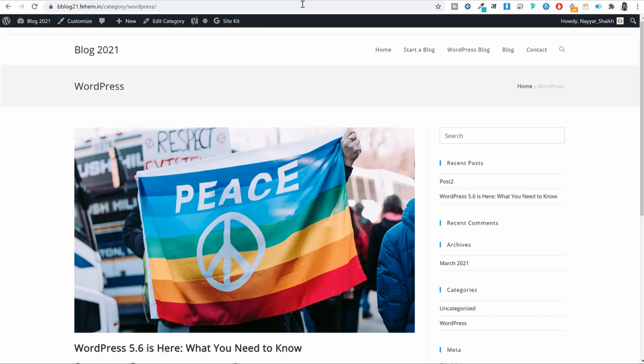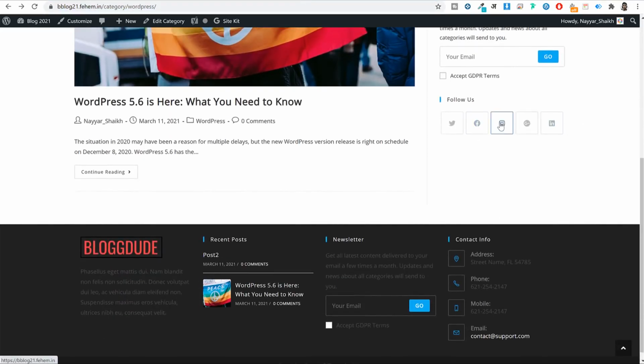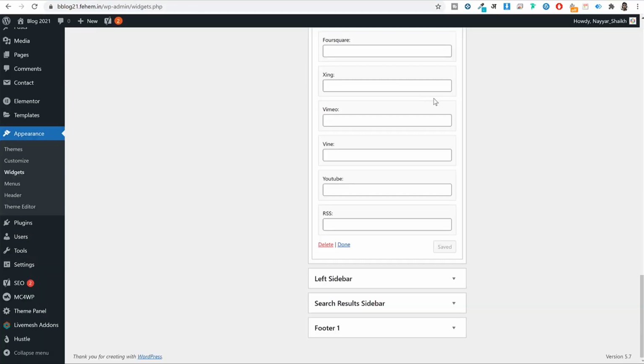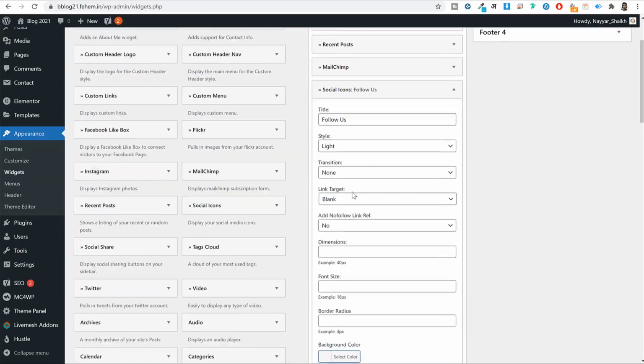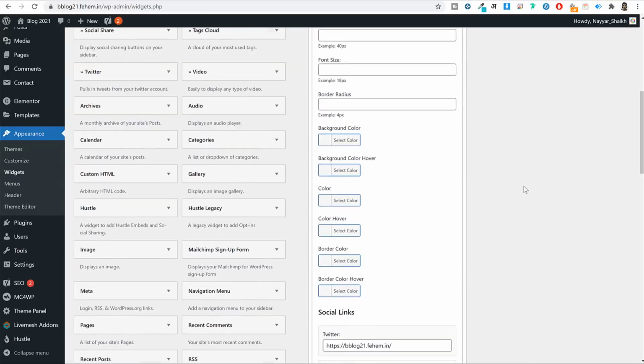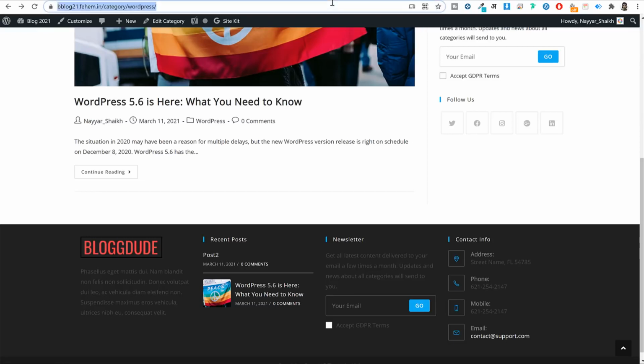Again, if you go back to this website and refresh it, and I think we can do one thing, we can change this style of this icons to colored icon. This is all black and white. So you can come back to this page and change this style to colored. Now click on save. Again, if you refresh this page,